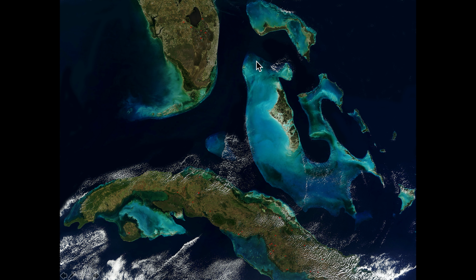This is Grand Bahama Bank or Great Bahama Bank, and Little Bahama Bank here. This is Tongue of the Ocean, very deep water in the Florida Straits. I also worked over here in Florida Bay and along the Florida Keys Reef Tract. The reason I was doing this chemical work underwater, for the most part, is that places like this, environments like this, and down here in Guantanamo Bay, which is not the same as Guantanamo Bay, which is over here,